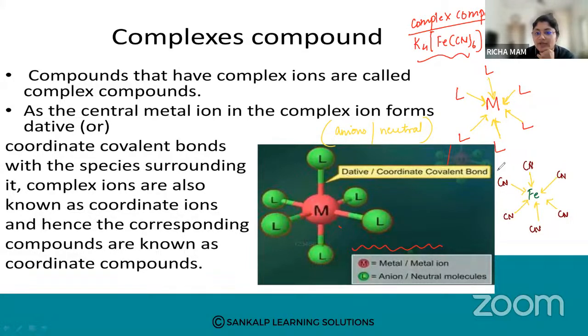And your complex is there, and the charge is minus 4. Because you are not writing K4, you have to write minus 4 here. So this is our coordination compound. Is it clear how to write the coordination compound? In the center your metal will be there and the ligands will surround the metal, forming a coordinate bond or a dative bond. Such compounds are called coordination compounds. Is it clear?